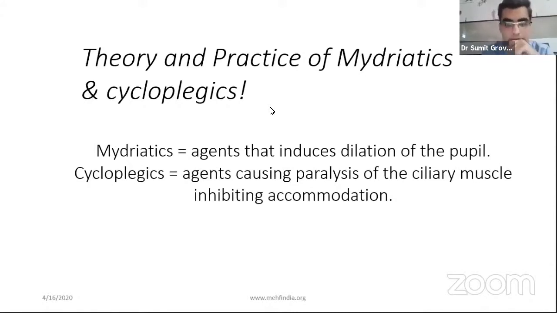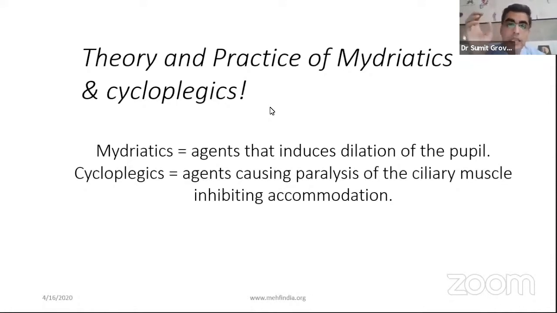And when we say accommodation, what do we call an accommodation? Accommodation in the eye, I'll split it into two things: the accommodation created by the lens and the accommodation of the pupil. When we focus from a far object to a near object, our eye accommodates to focus on the near object. And how does it do that? The lens becomes more convex. The ciliary body contracts, the zonules become lax, the lens becomes more convex, and the converging power of the lens